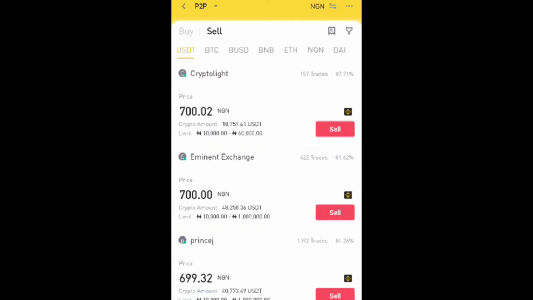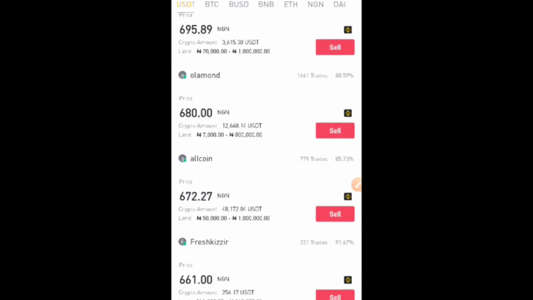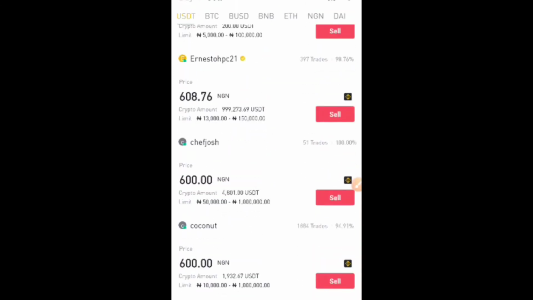Now when you see this mode of payment, this means the person is going to send the funds to your Binance wallet, your Binance NGN wallet. So I'm very sure you wouldn't want that. Maybe you just want to withdraw the money to your bank account. Now let me show you another option that if you see, you shouldn't just go for it unless you just end up